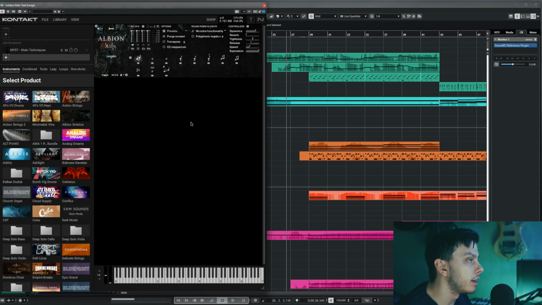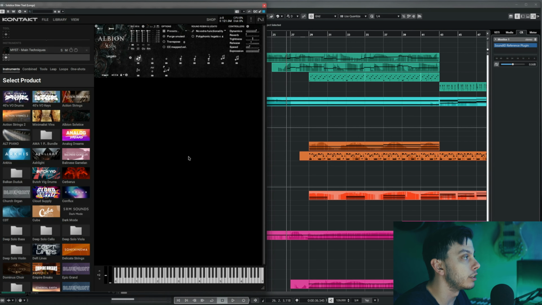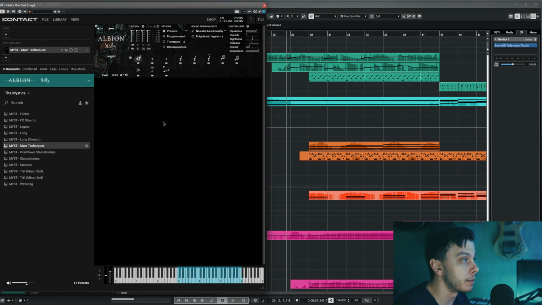and so what I actually ended up doing was I changed the key switches to these both so that it latches to the legato, but anytime it goes above, let's see, 120 velocity, it actually triggers this FX Gliss patch. So that way I can essentially treat it like a performance legato anytime that I hit the keys hard. And if I hit it softer, so that way we get